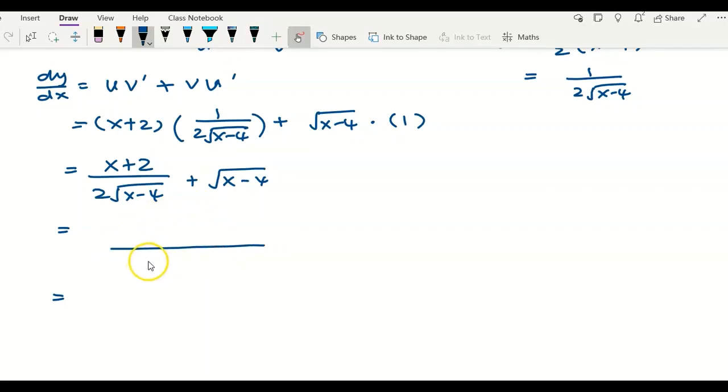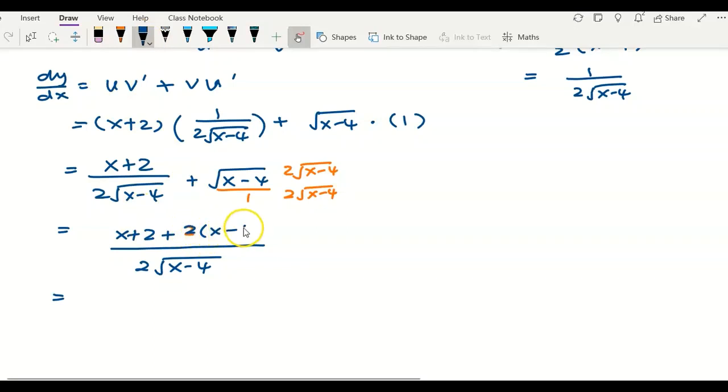So now, how do I simplify? I will equate the denominators to make the denominator into 2 square root of x minus 4. So for the first term, originally it has a denominator 2 square root of x minus 4, so we just copy the numerator down and plus. Originally for the second term, we have the denominator as 1. So if you want to make the 1 into 2 square root of x minus 4, what you can do is just multiply by 2 square root of x minus 4, and you do the same for the numerator. Okay, so the numerator square root of x minus 4 over here multiplied by 2 square root of x minus 4, you will get